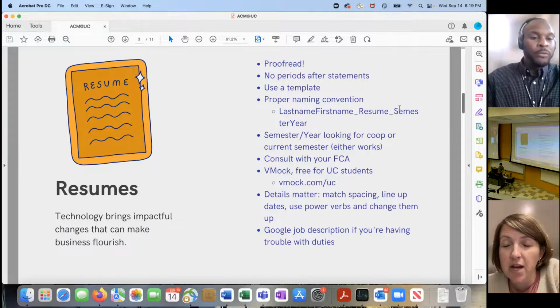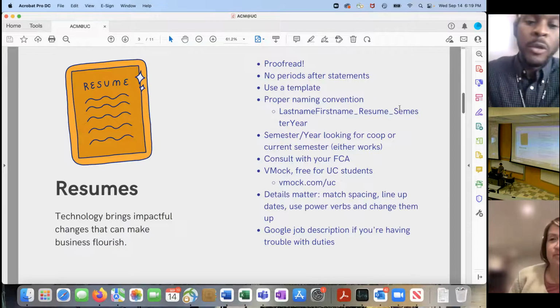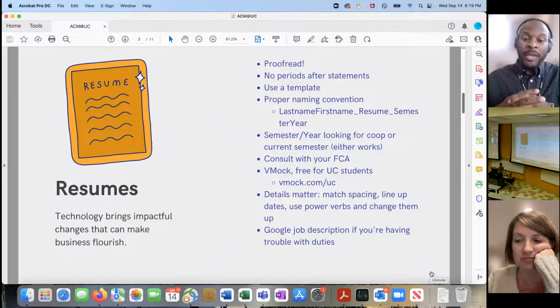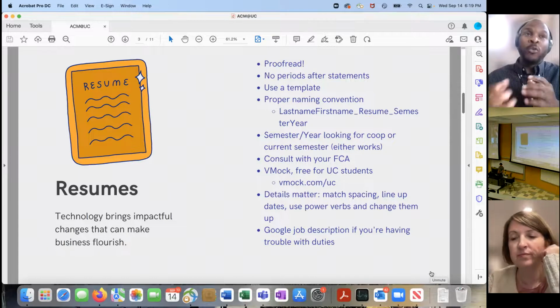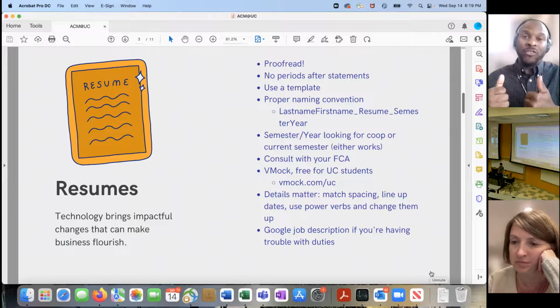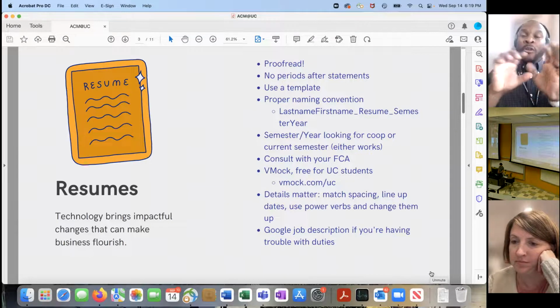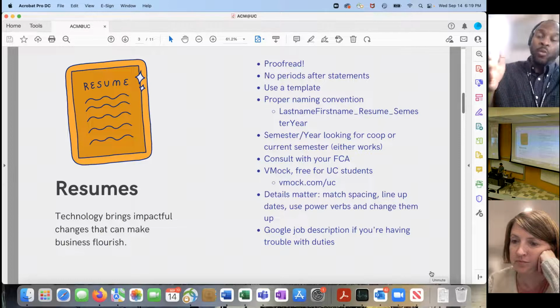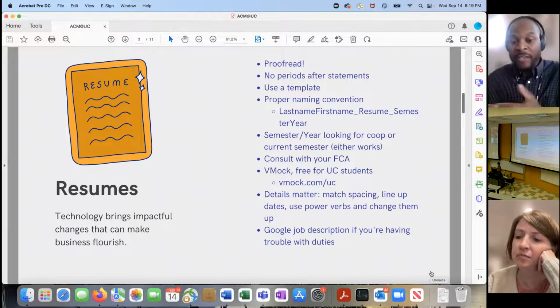Really important. Can I jump in on that one? Yeah, please. That's a good point Professor Romer brings up. One of the things you'll want to do to take your resume from good to great is to use that action verb, and then on your bullet points describing that position, make a shift from what you did to how well you did it as much as possible.